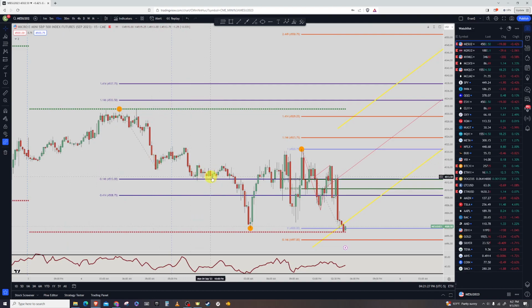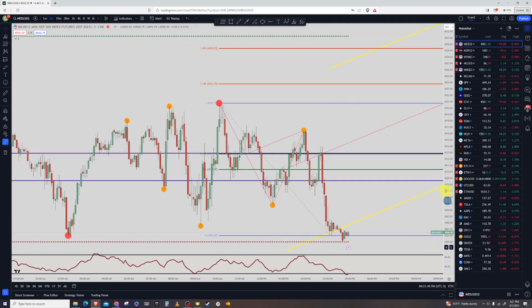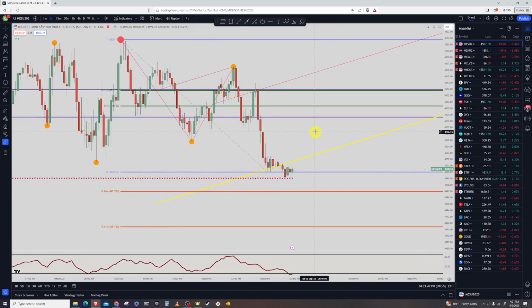So you can see the price came down, waited around in the area, broke through a little bit, and then that was basically it for the day. It broke through to close down at the bottom. But what we do have going on the 5-minute chart right now is a live trade right here. So when the market probably opens back up in about 40 minutes, I'll look to go short because